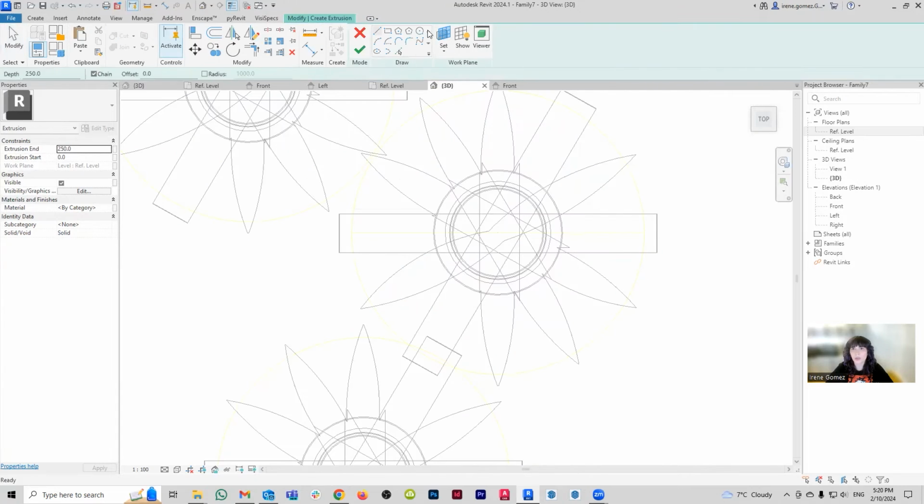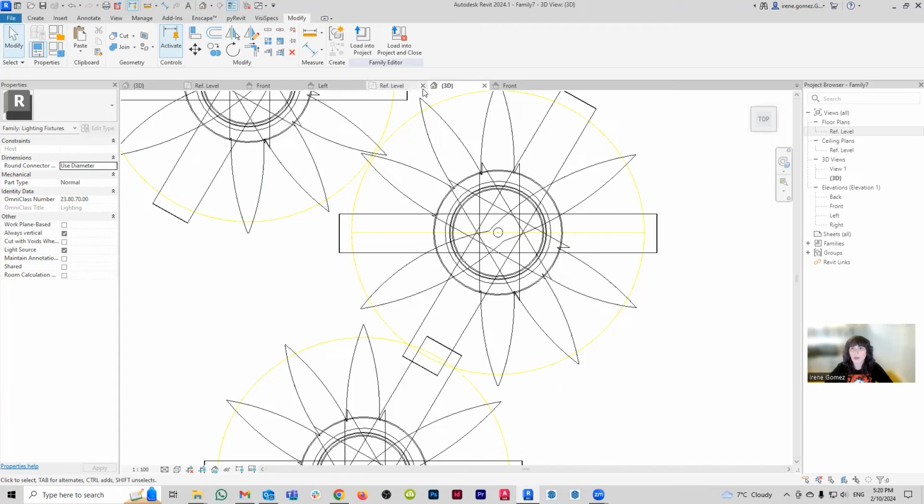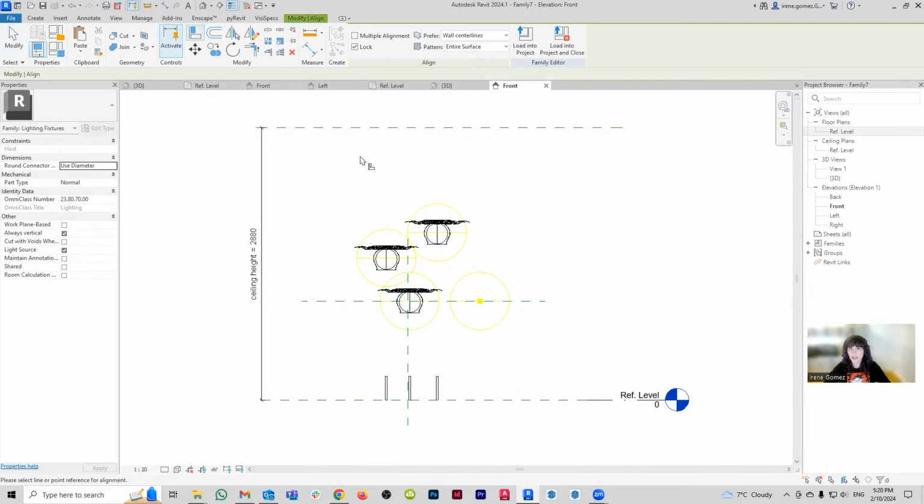The reason that I need to create each and every one of them separately is because, again, remember, all of them are going to have the same final height, but all of them are going to be at different heights for these light fixtures elements. Okay, so I'm going to say yes. And now we're going to go back to our front view. And this is why we did them separately, because now I can go and say all of you are going to align to that top, but then each of you is going to align to your specific flower.